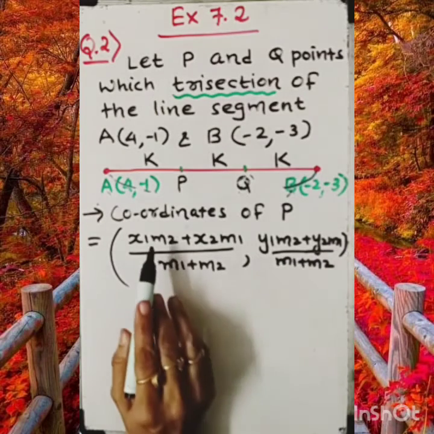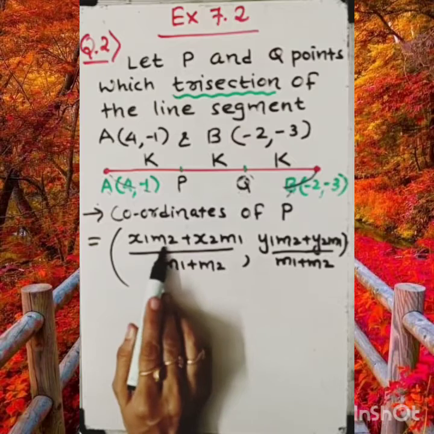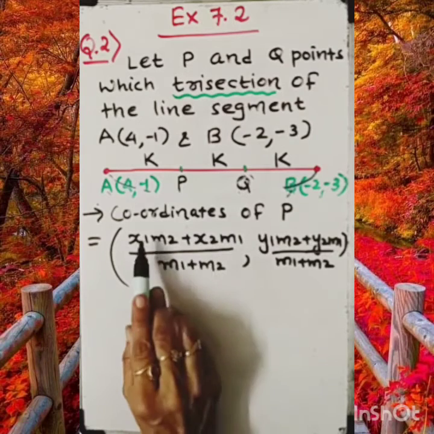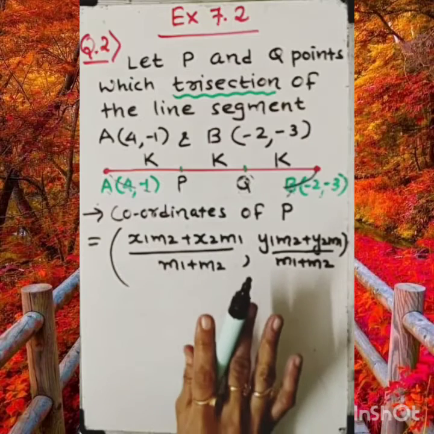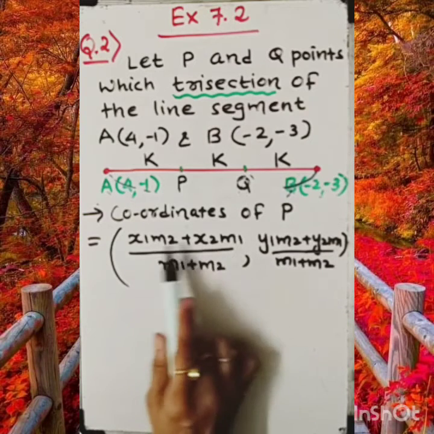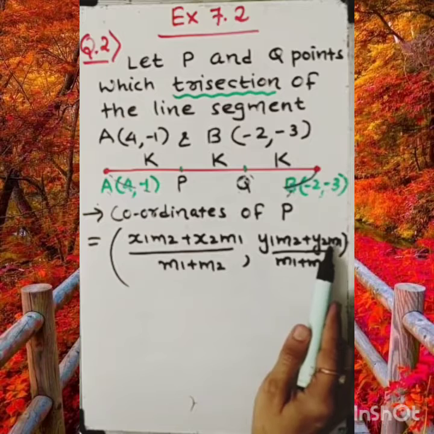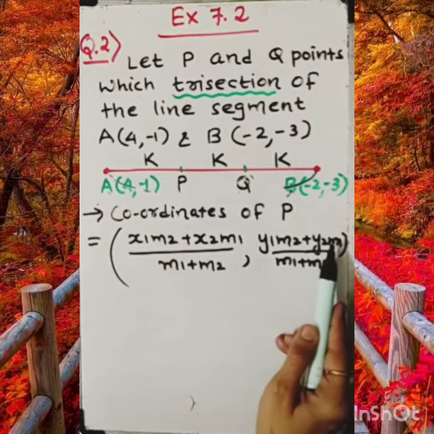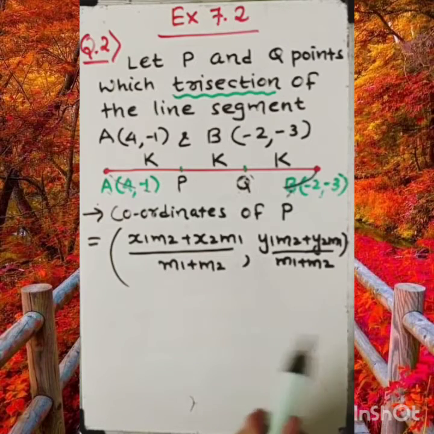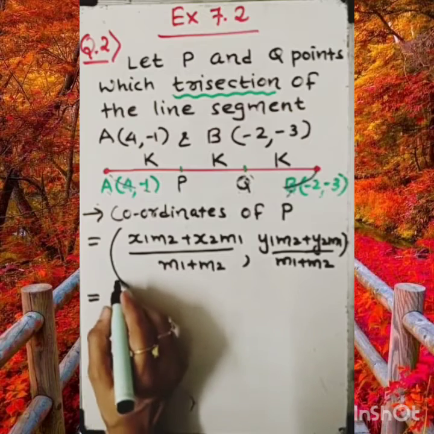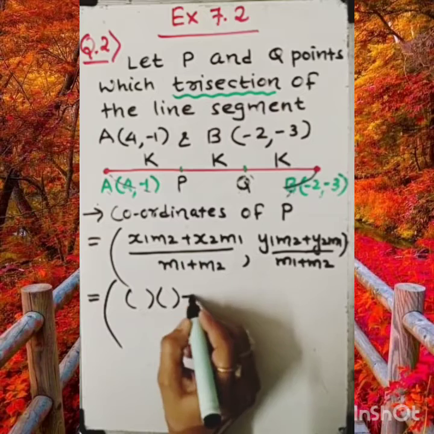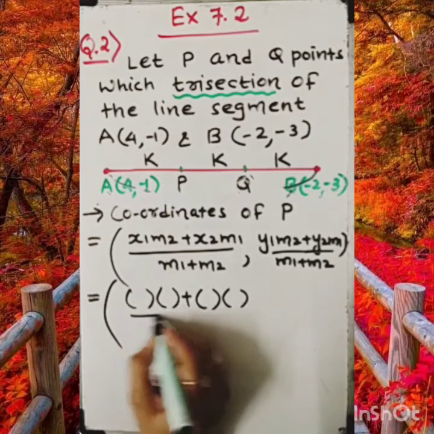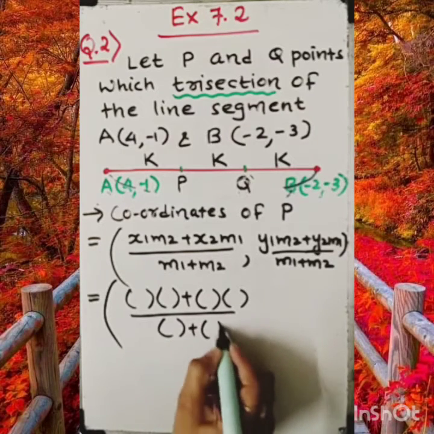Dear students, sometimes you will find x2 m1 first, and this term in the second position. Then also it's okay, no issue, because for addition it does not matter. Same thing here, you can find this term first and this one at the other place. Then also no matter. But you need to be careful about dropping the values. Before we drop the values, you must write it this way, so your work will become easy through this.